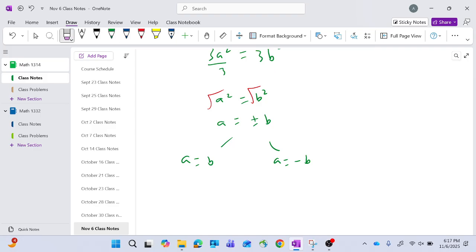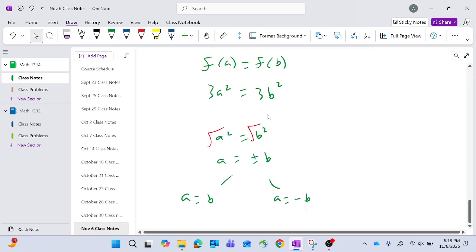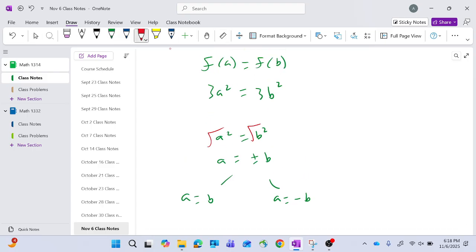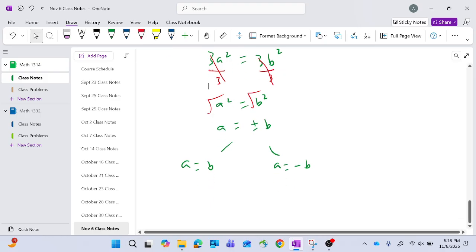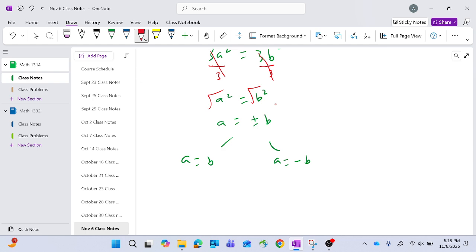Oh, I divided. So you have 3a squared equals 3b squared. So I want to solve for a here. That's what I'm doing. You can solve for b, it doesn't matter. So I divided by 3 because I want to get the a's by themselves. Or I want to get the a and the b by themselves. Make sense? So you have a squared equals b squared, and if you square root both sides, you get a